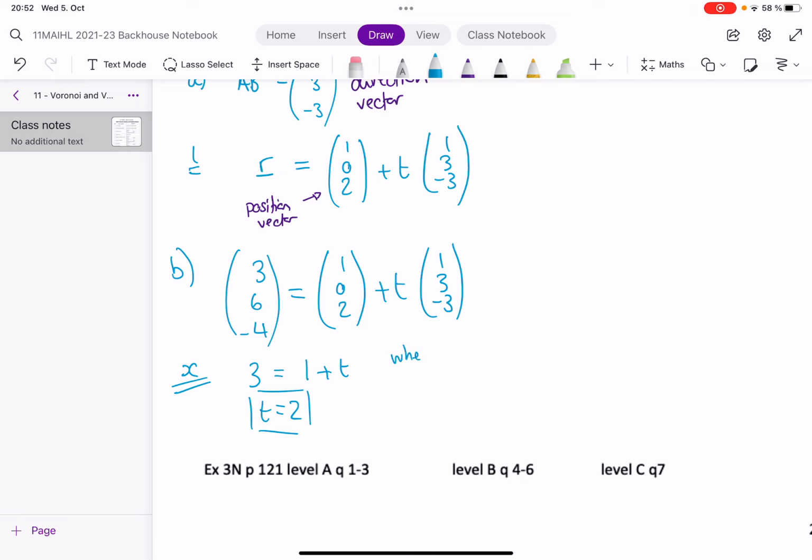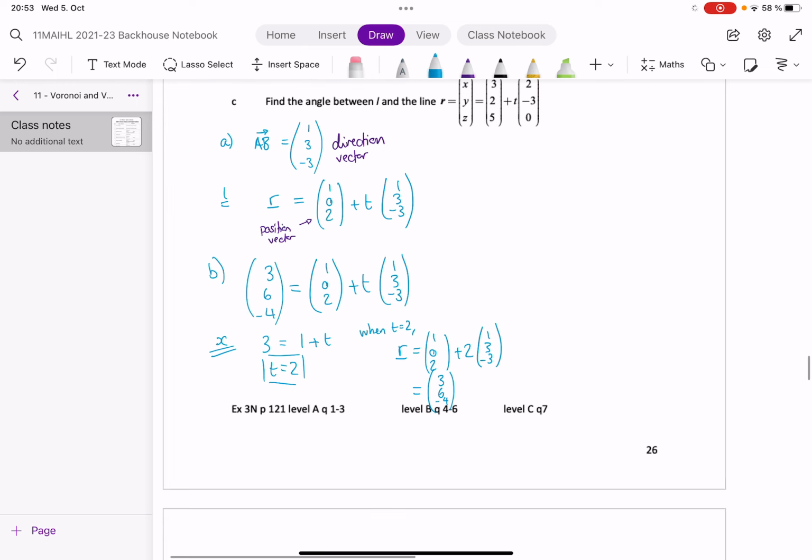So when t equals 2, r equals (1, 0, 2) plus 2 times (1, 3, -3). Let's see, we get 1 plus 2 lots of 1, 0 plus 2 lots of 3, and 2 plus 2 lots of negative 3. So that's 2 minus 6. That is negative 4. Okay, so we can conclude that (3, 6, -4) is on the line L